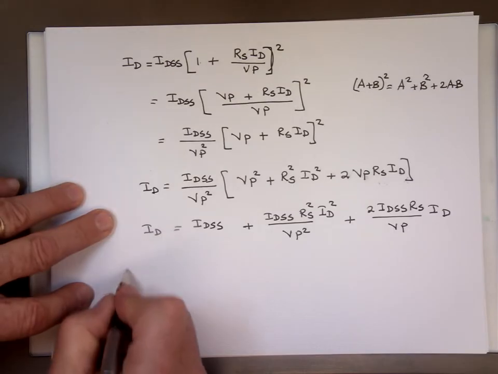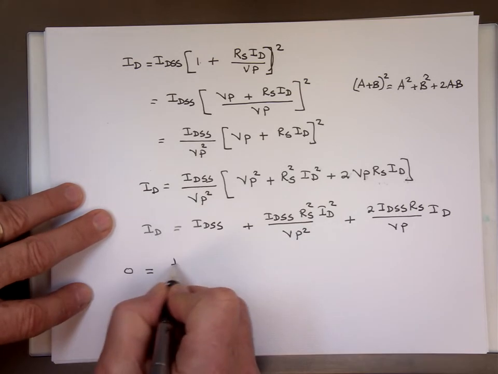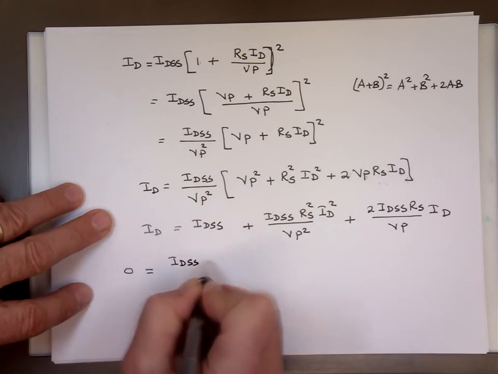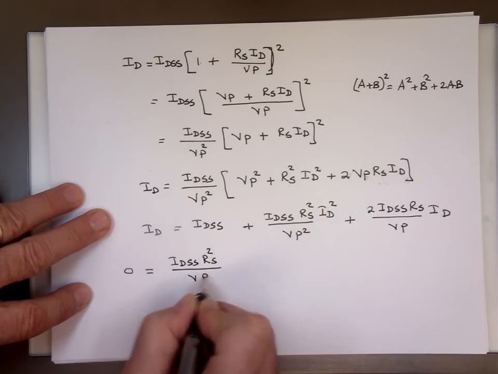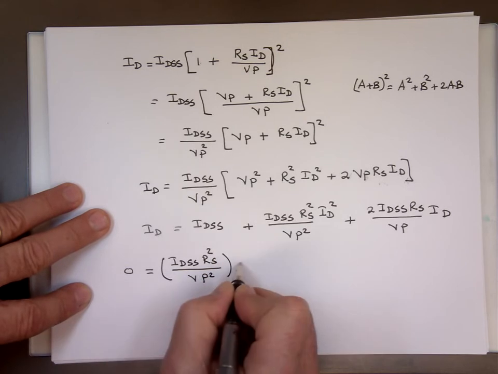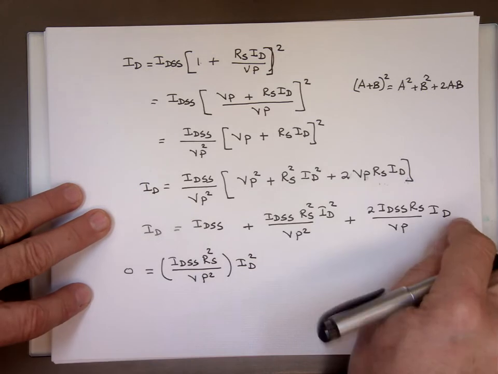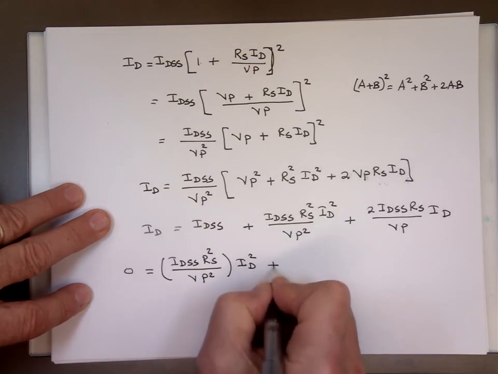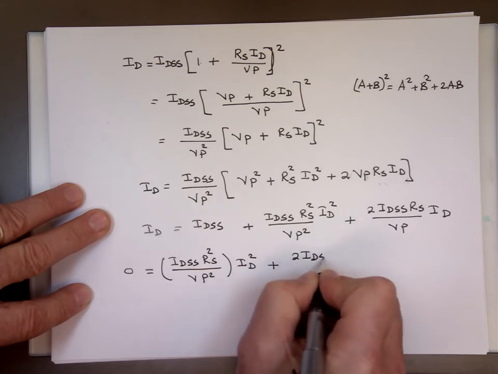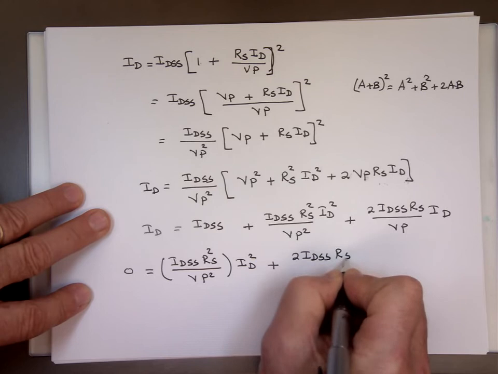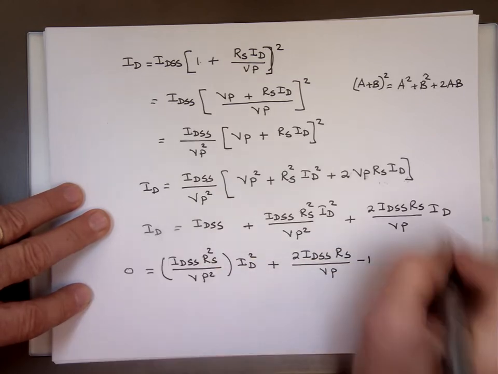And maybe I'll attempt to clean this a little bit. I'm going to write that I sub DSS RS squared over VP squared, all of that times I sub D squared. When I move this to that side, that becomes a minus 2 I sub DSS RS over VP minus 1, because this one's going there, becomes a minus 1, times I sub D